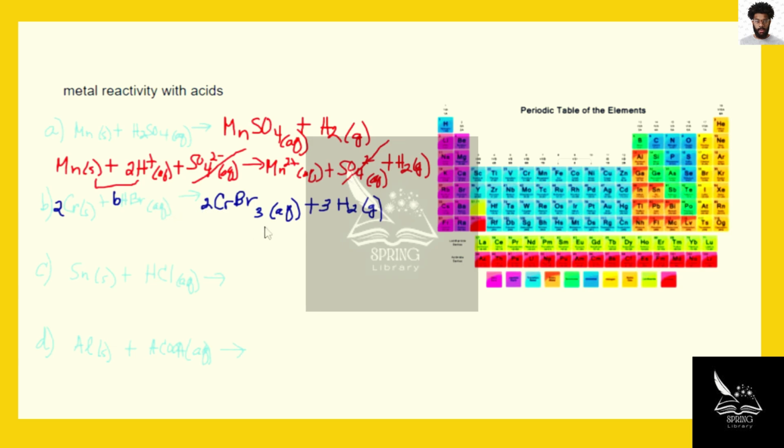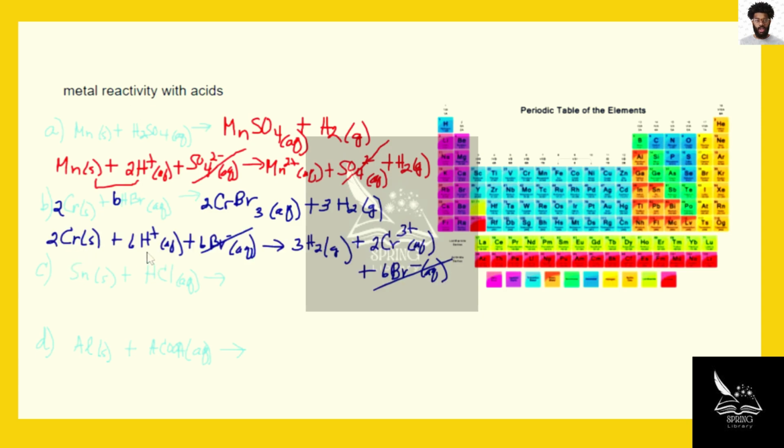So, as a molecular reaction, we'd have two solid chromiums reacting with 6 hydrobromic acids to produce 2 chromium 3 bromides and releasing 3 moles of hydrogen gas along the way. And this would be the balanced molecular reaction. The net reaction would be